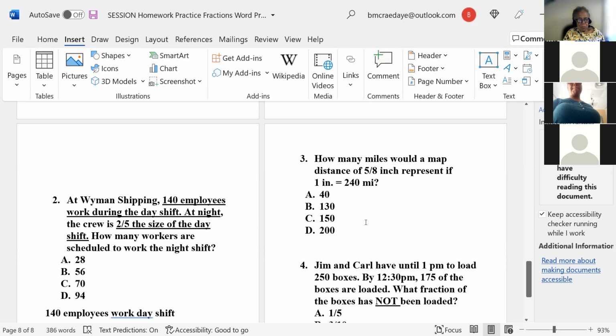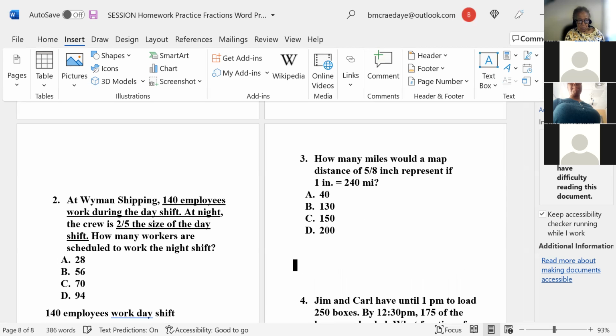How did you figure it out? I multiplied 240 by 5/8, using the calculator, and I got 150. Okay, how did you do yours, Mercedes? Miss, I'm trying to remember how I did it. 1 inch is 240, so 5/8 would be 5/8 times 240. That's what Maureen did. She took 5/8